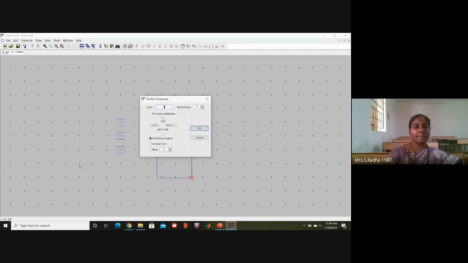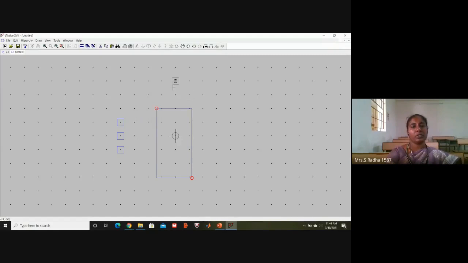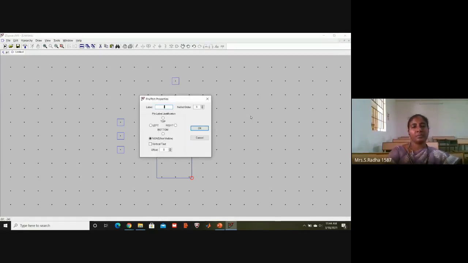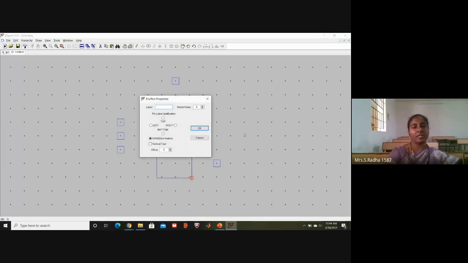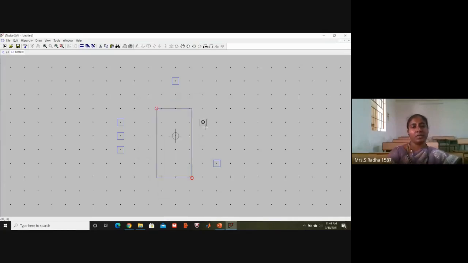Now again P, VDD, another thing we have used. You can put it on the top, VDD. And again P, P means pin. Output side we have used Q bar. Q bar, one pin is there. I am putting it at the bottom because you know how a JK flip-flop will look. Again P, I am taking Q, and I am putting this Q. I will complete this drawing and then within 2 minutes I will close the session.